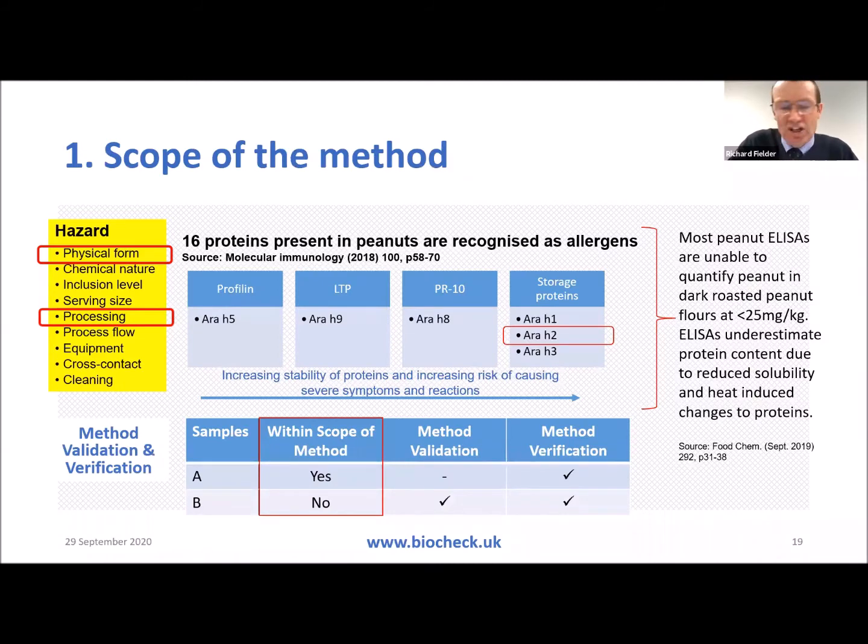So as time is against us now, I will have to rush through some of these slides, but do look at the details. Scope of the method, I think it's vitally important that first of all, we do check that the method we're going to use has been validated for the very types of samples. That then means all we have to do, I say all we have to do, is to verify that we